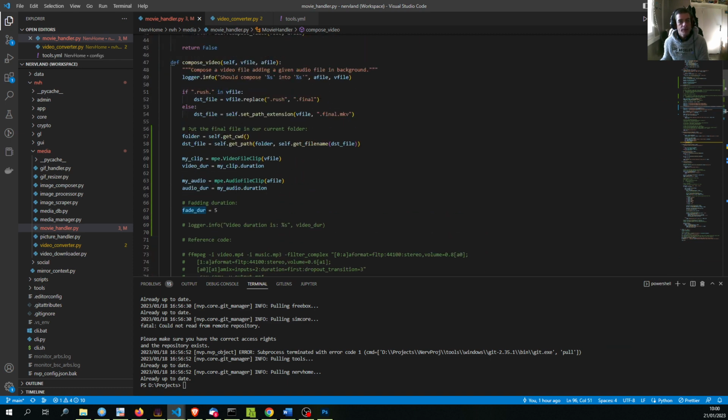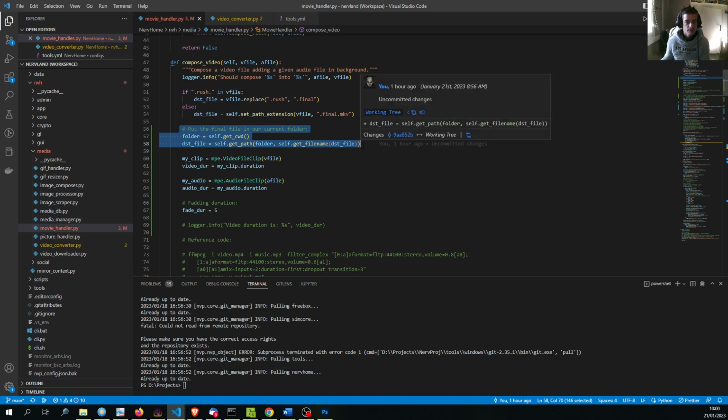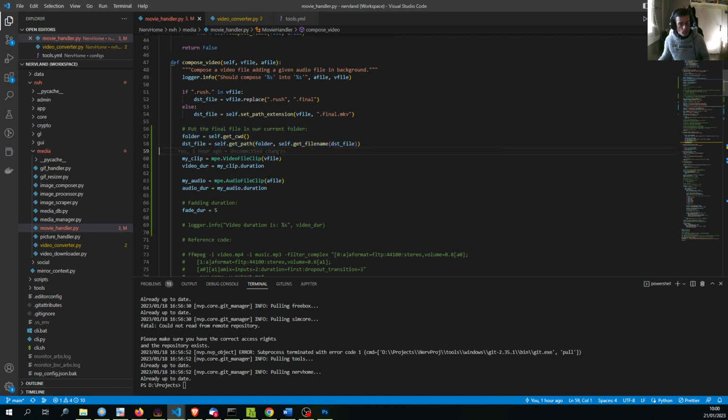One small addition I already added compared to the previous recording is the specification of the destination folder, so that I can generate the file exactly where I want it. Very small change. And what I want to do in this new video now is to introduce the support for